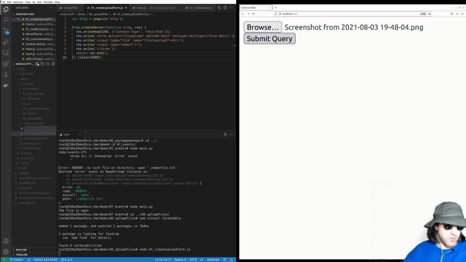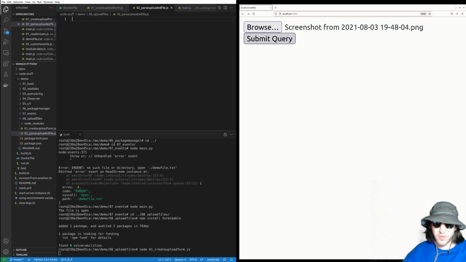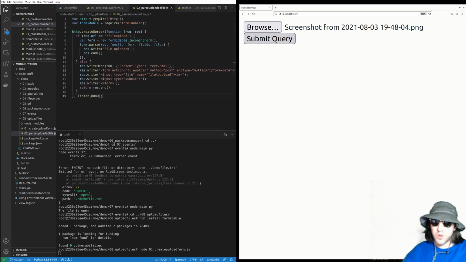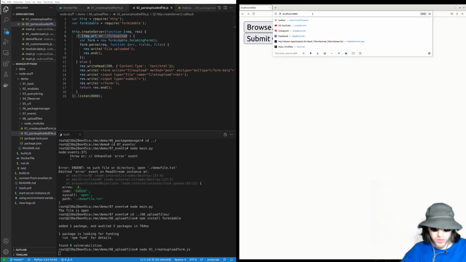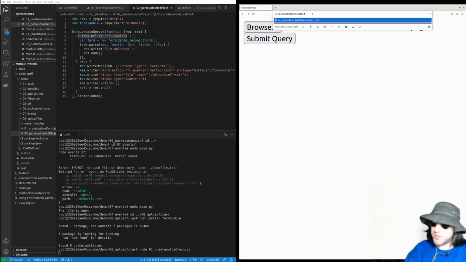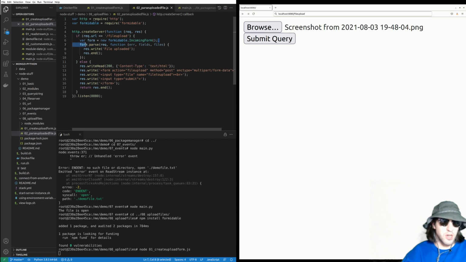Cool. Now, the next demonstration is parse uploaded file.js. Okay. So include the formidable module to be able to parse the uploaded file once it reaches the server. When the file is uploaded and parsed, it gets placed in a temporary folder on your computer. Okay, so what's going on here? If we go to file upload, okay, so let's reroute to file upload. We make a new incoming form,